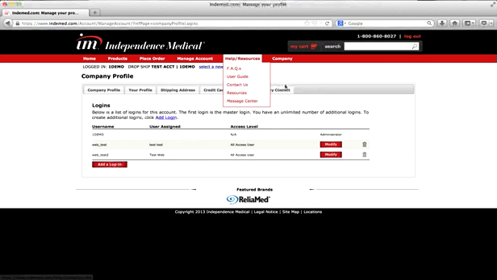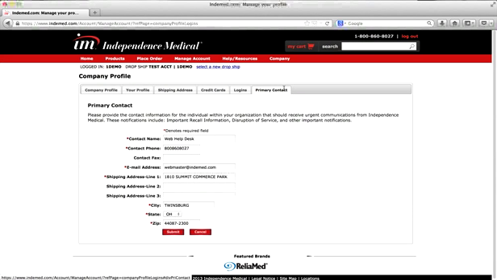Primary contact information is collected from the administrator only. All required fields should be filled with the contact information of the individual within your organization who should receive urgent communications from Independence Medical. For the accounts that use our dropshipping program, you will be able to access your dropship